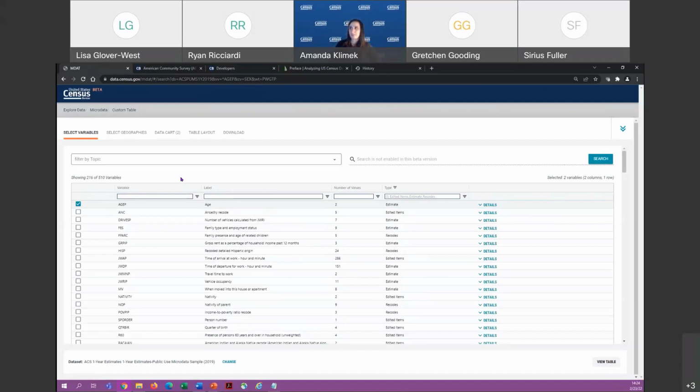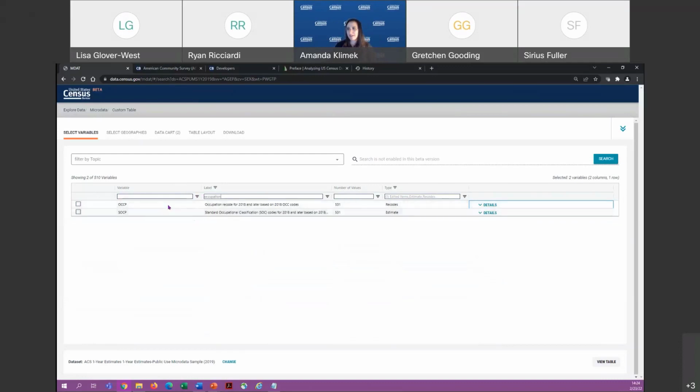And then we're going to need to analyze the construction industry, so I want to look at people's occupations. But off the top of my head, I don't remember what the variable name for occupation is. So here I can just go to the label section and search for occupation. I have two possible results; there are two variables that can give you some occupation data.